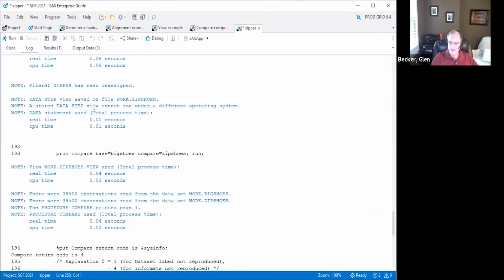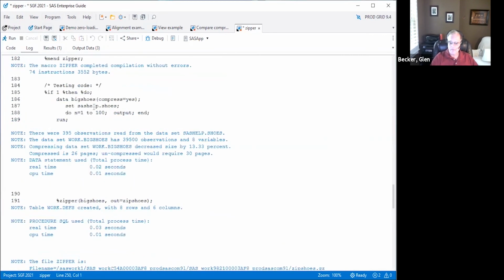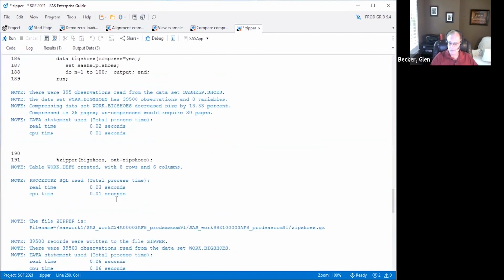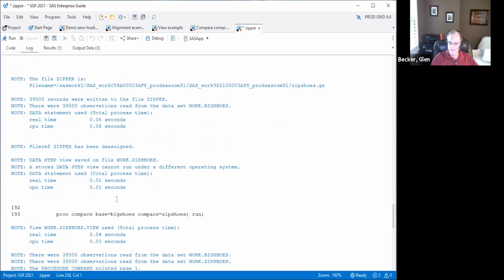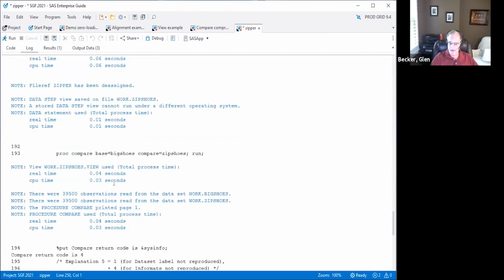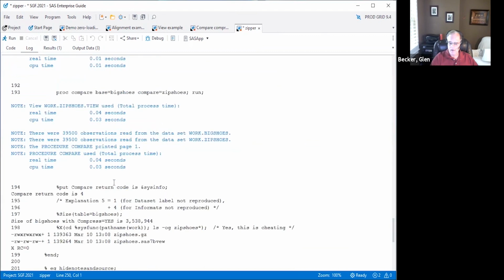Here's Big Shoes and the Zypper of Big Shoes and a proc compare. It says the return code is 4. In my comment, it was 5, which means the only difference is that there are no informats in the result. But let's compare the size.